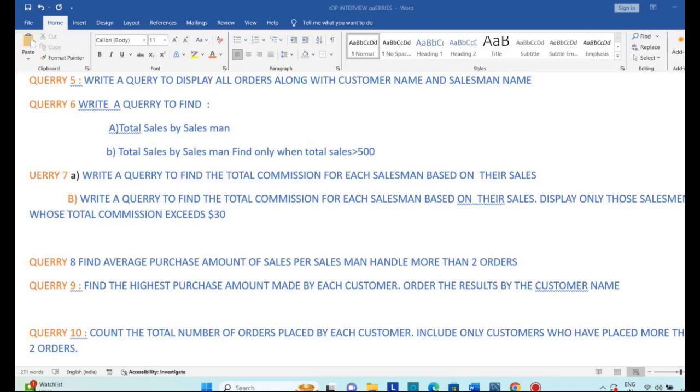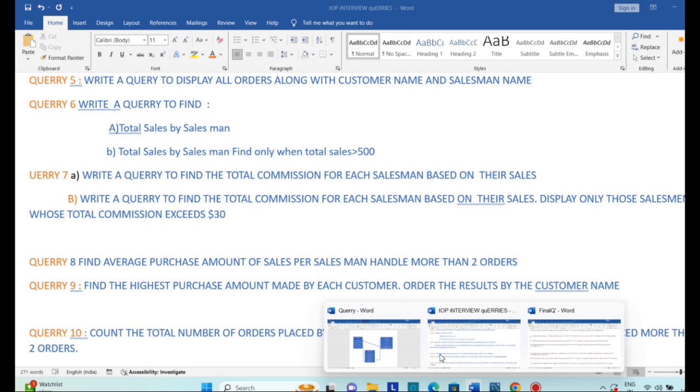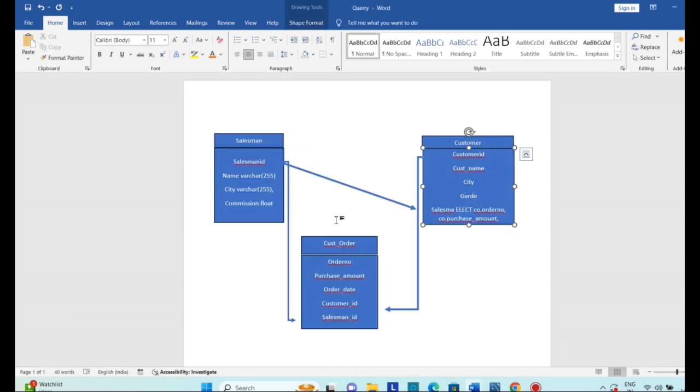Let us solve query number 7. In this we have to find the total commission of each salesman based on their sales. As you know, salesmen make sales, and if you go to the tables, we have two tables. The first is salesman, in which the rate of commission is there, and in customer order we have the purchase amount, that is total sales.